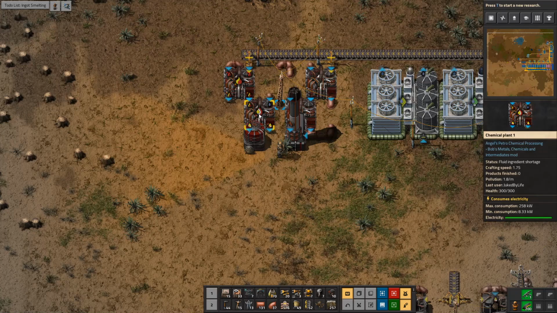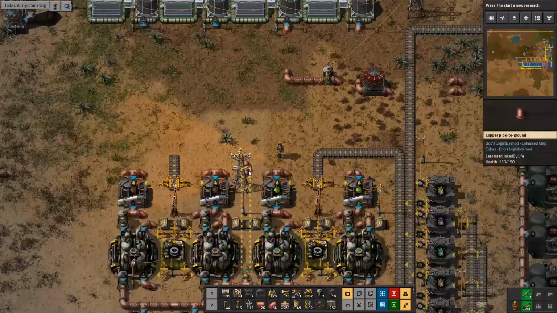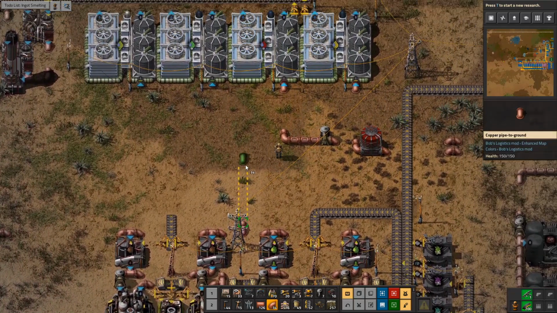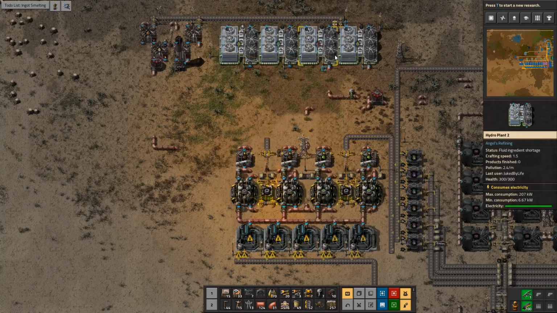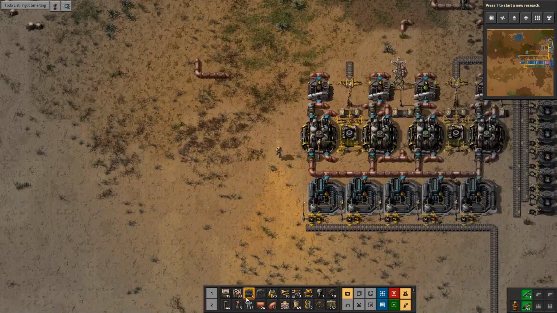Okay, here we go. We're making sulfuric acid, and we've got a tank to store it. Perfect. What else do we need in here? Okay, here's our sulfuric wastewater line that empties. Cool, all that's hooked up. Yeah, every one of these filtration units produces sulfuric wastewater, so we can just connect those back to our wastewater system here. I think we're ready to start the